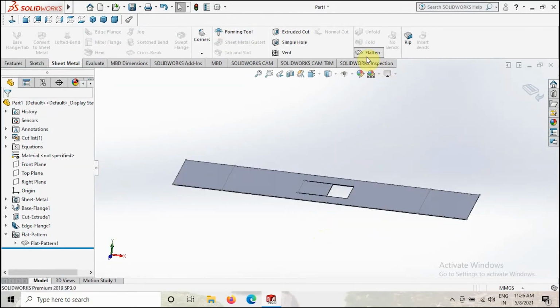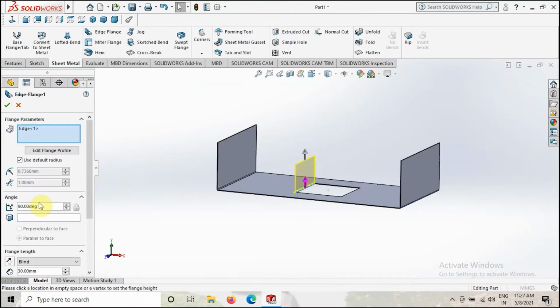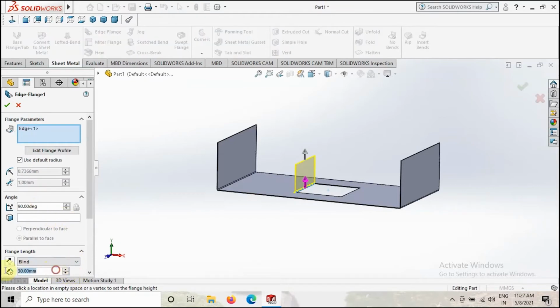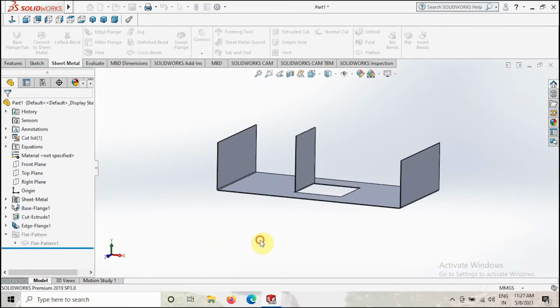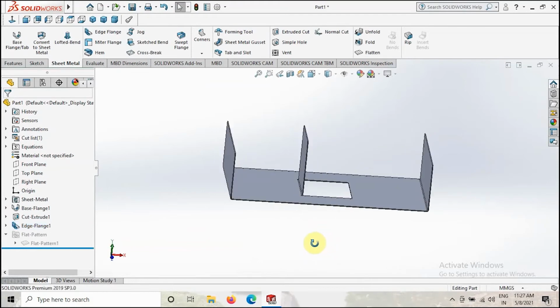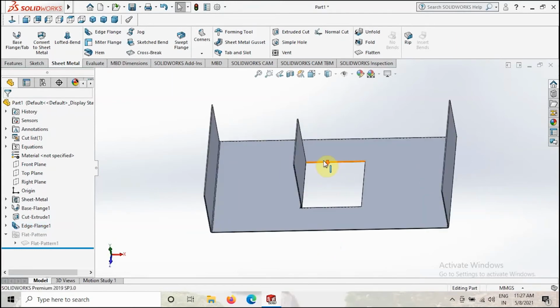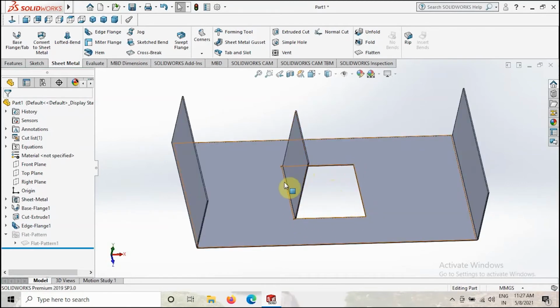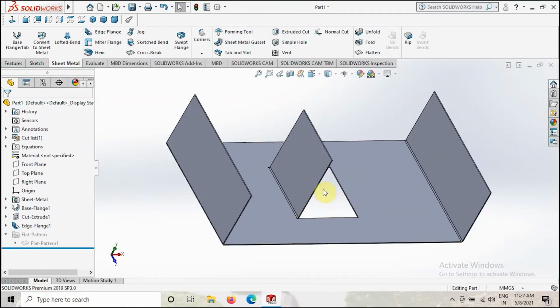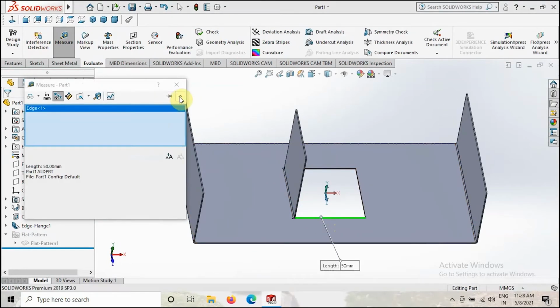Now we will discuss the issue we are facing. Just uncheck this one. Now what I will do, I will just increase this height. This dimension I will give 60. As you can see, guys, now this is the wrong practice of doing the sheet metal model. The modeling will give the flange for this dimension, but practically it is wrong because we are bending the material that is available in this portion. So it is not possible to have more than 50 mm of material.